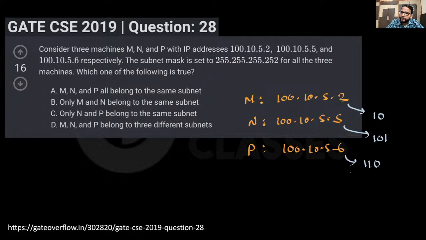And everything else here is 0, right? Everything else here is 0. Similarly, everything else here is 0. Everything else here is 0. So it is already same till this point. Now you need to check whether they belong to the same subnet or not. See, this subnet is saying that everything should be 0, right? For this the subnet is saying everything should be 0, but this is 1, right? So that's why M and N are definitely in different subnets, but N and P are in the same subnet, because this is 1, this is 1. So you can say only N and P belong to the same subnet,